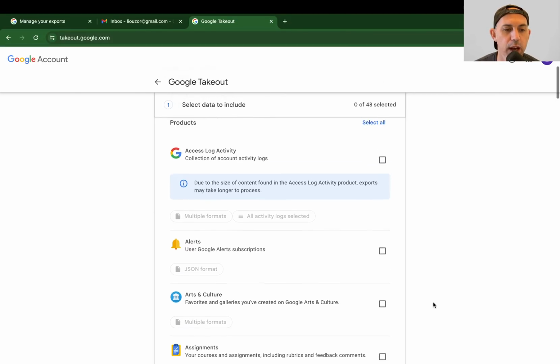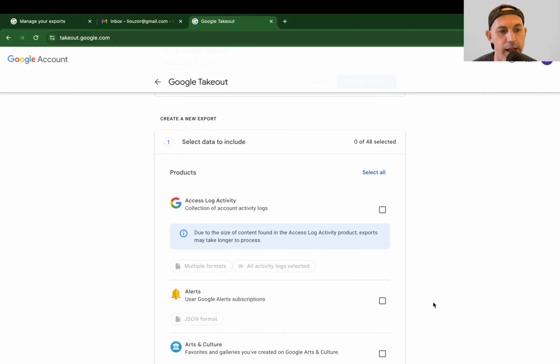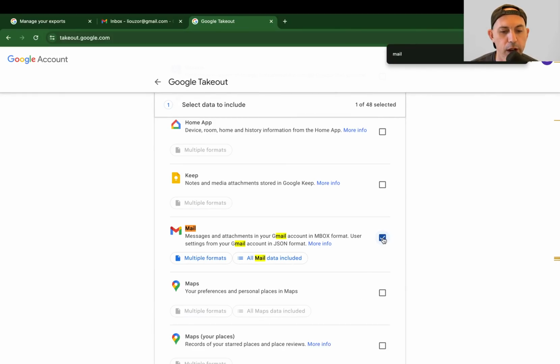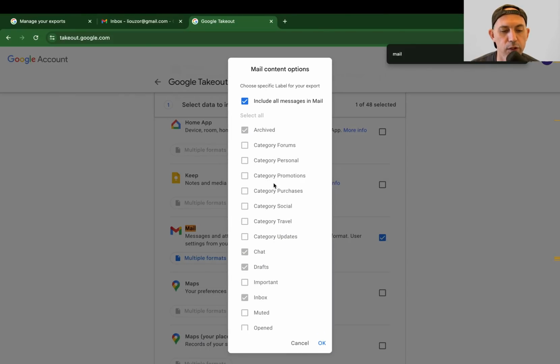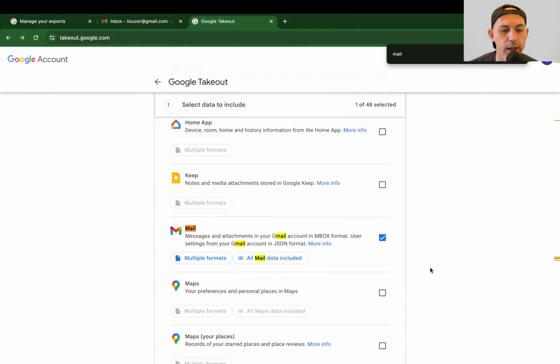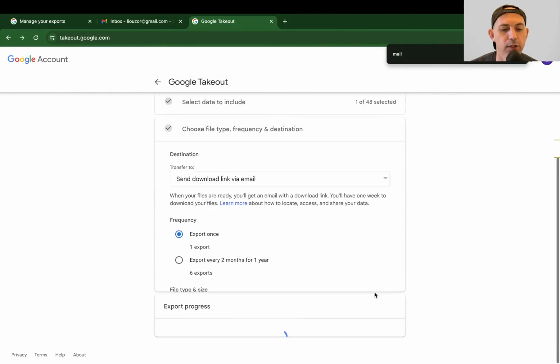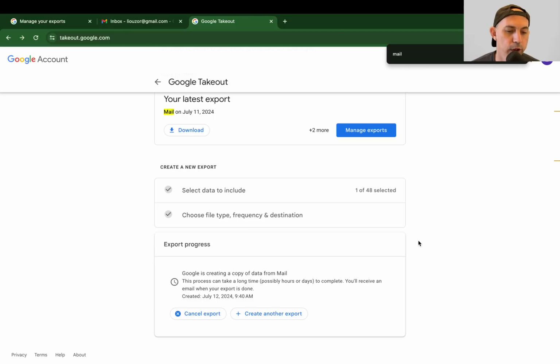You can use Google Takeout, which we've covered in a video, which I'll link as well, how to download all of your Gmail accounts. So I'm going to do it really quickly. Same, I unselected all, and I'm going to search for the word mail right here, and I'm going to checkbox. Now, you can actually checkbox which folders you want and you don't want. You can undo this, but I'm selecting all. Okay? Once I do that, I'm going to scroll all the way to the bottom, click on next step, and confirm. And it's going to actually run between a few minutes to longer, a few hours, to download all of